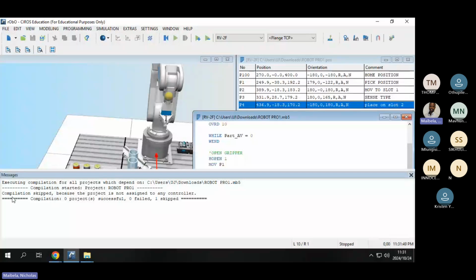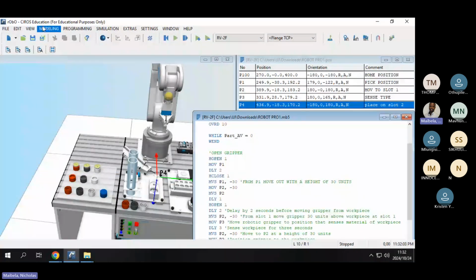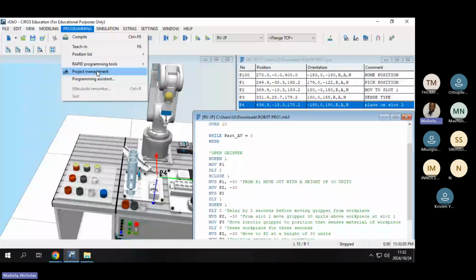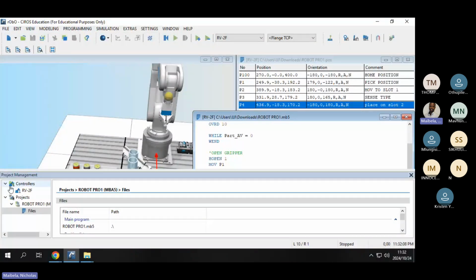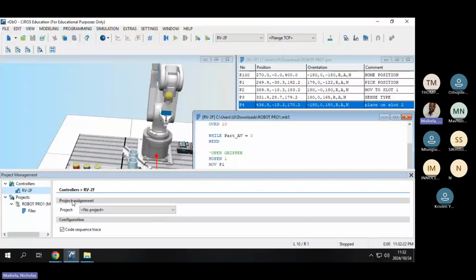So it says at this line there, compilation skipped because the project is not assigned to any controller. Okay, so what does that mean? It means if you go to Programming and go to your project management and then go to your controllers there at the top. If you click on that drop down arrow, under controllers, if you click on RV2F, meaning your robot, and then you go under project assignment, next to project you will see there's no project, meaning the code doesn't know which machine we are controlling,